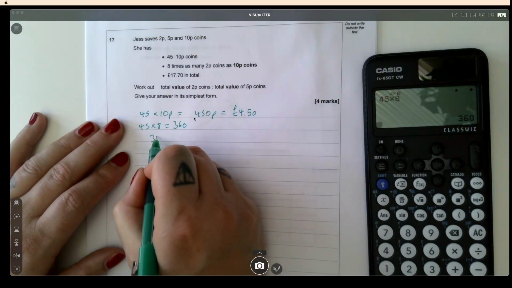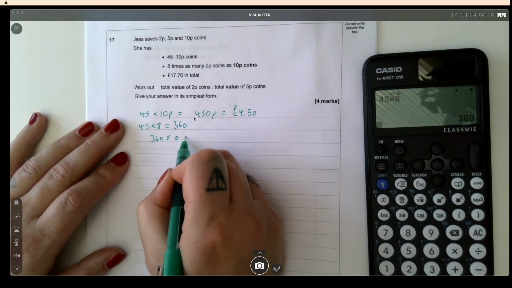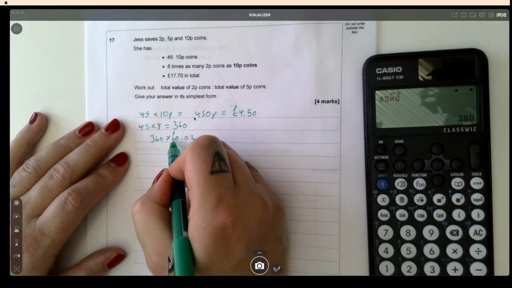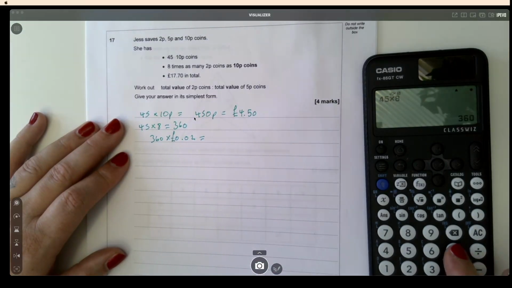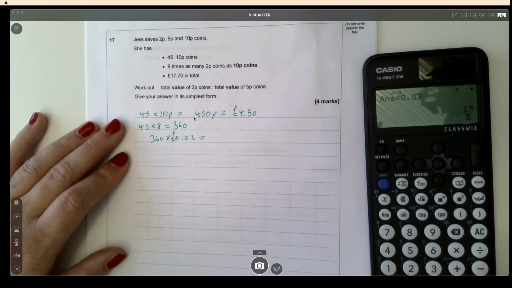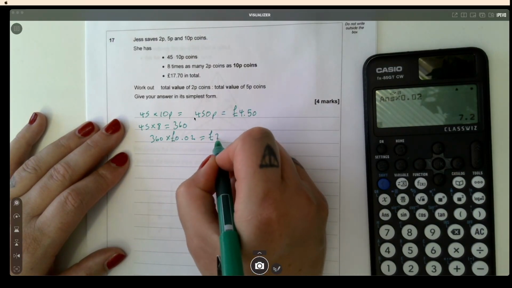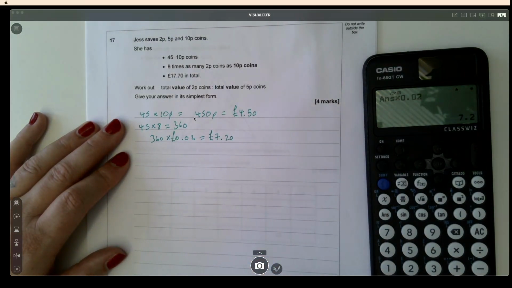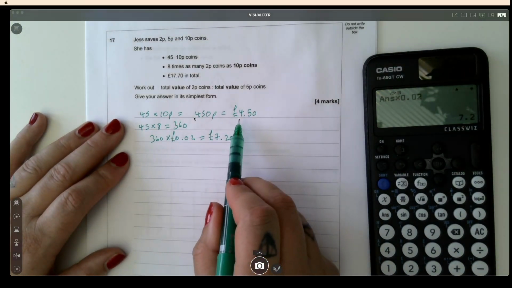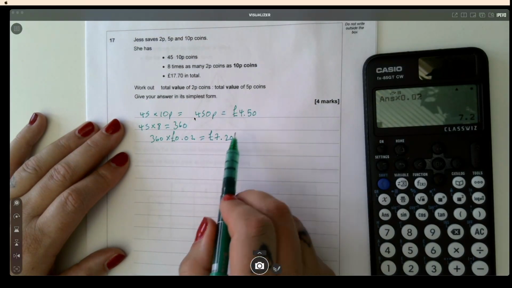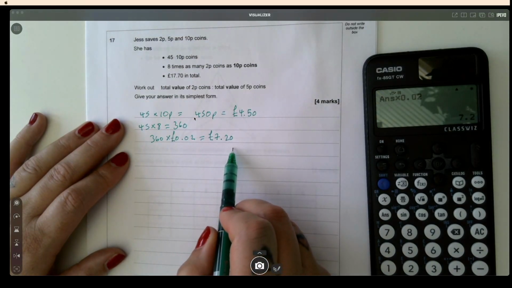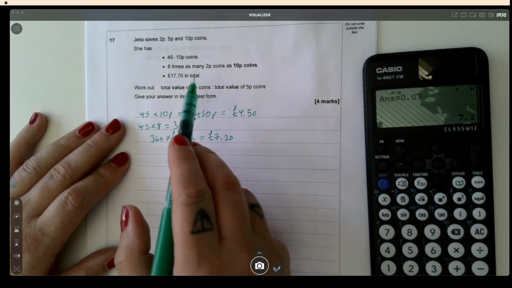So 360 times 0.02, that's the pound equivalent for 2p, is £7.20. So we know that there's £4.50 worth of 10p coins, £7.20 worth of 2p coins, and